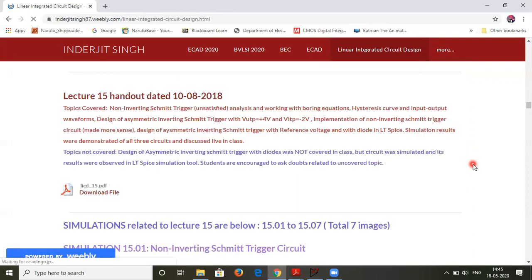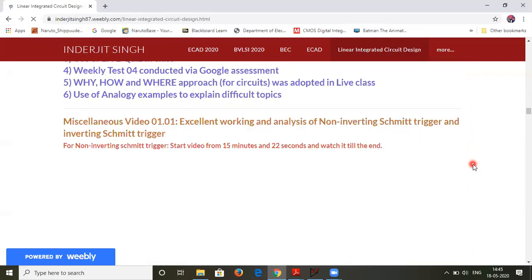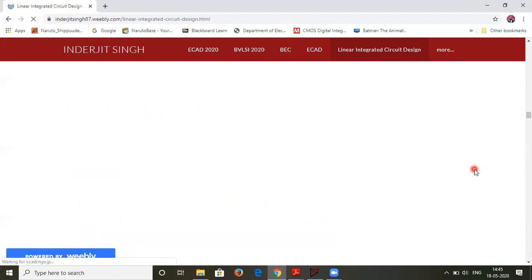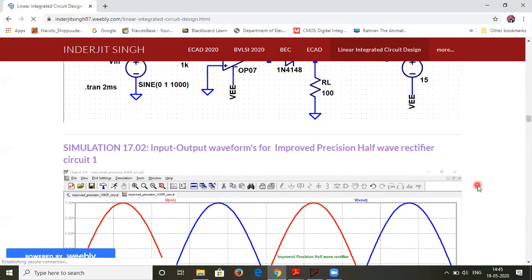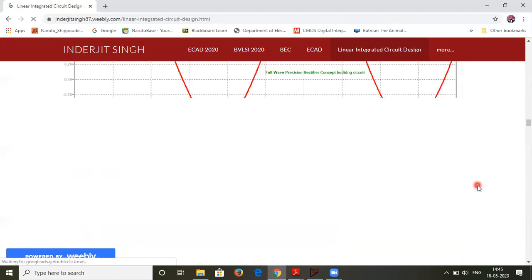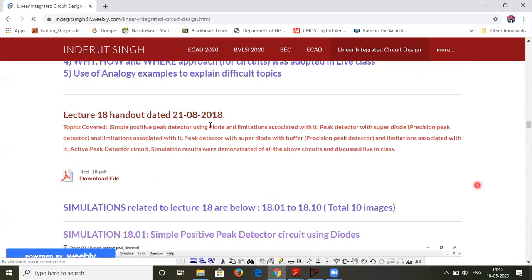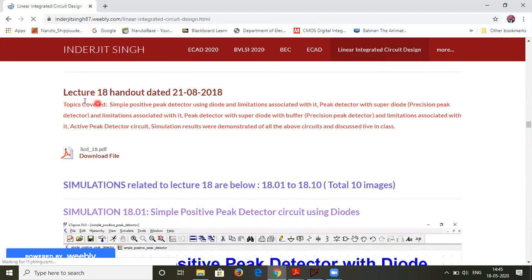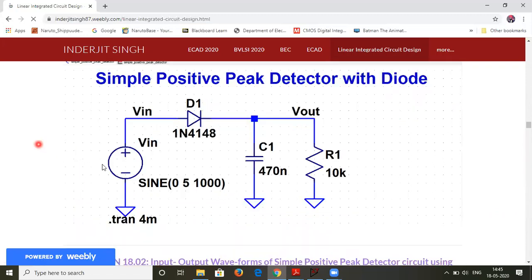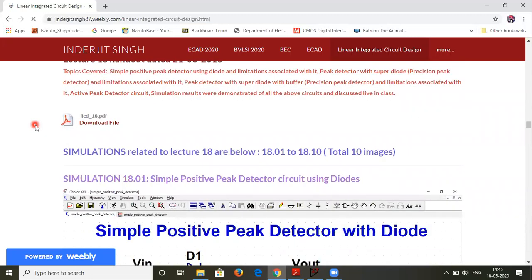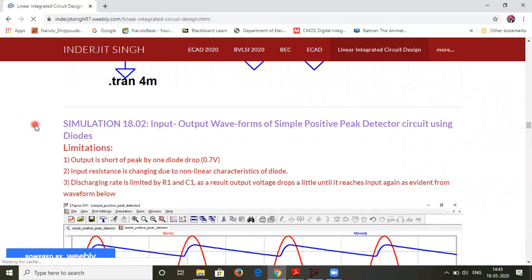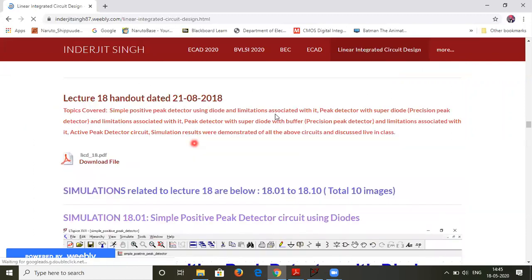So what we are doing is, I am just showing you the theoretical reference for it. Let me just show you once, then we can go back to our topic. So if you scroll down, you go on to lecture number 18 handout. You can download this handout and this will explain the various theories behind whatever circuitry we are doing. This is what we have implemented. This is already there on the website. So you all can similarly check this handout and the relevant theory can be found over here. So that was about the theory part of it.